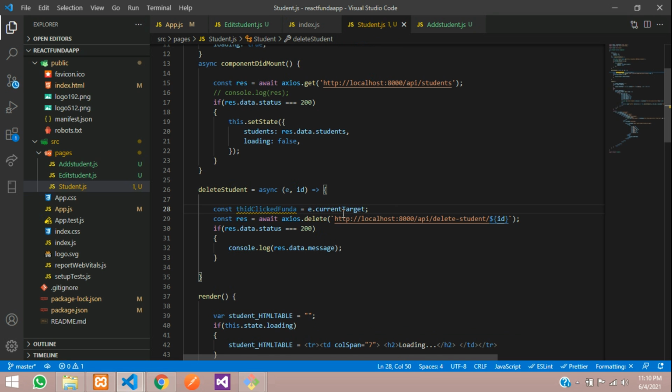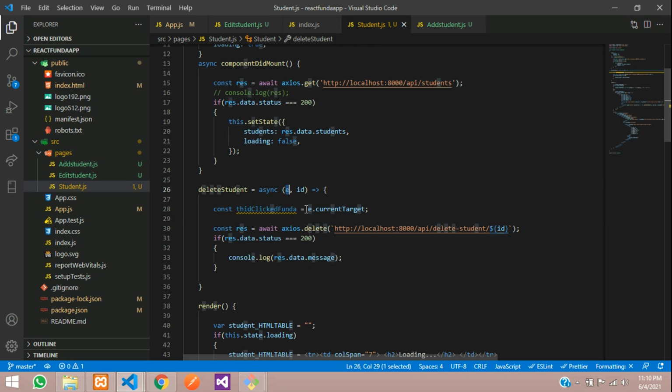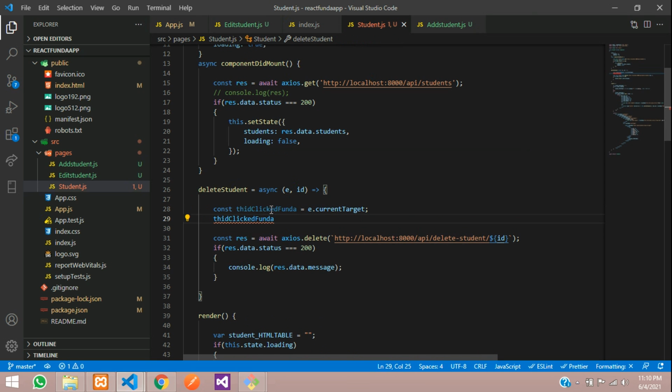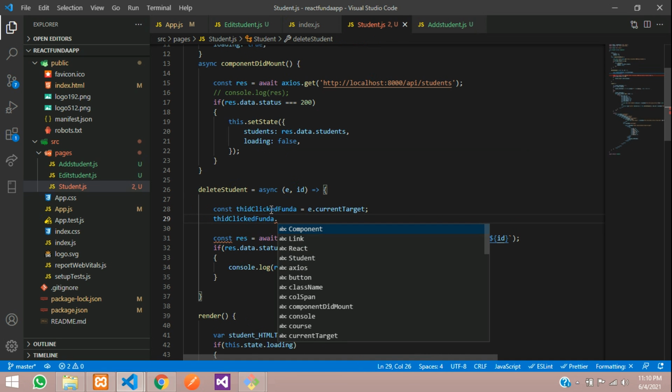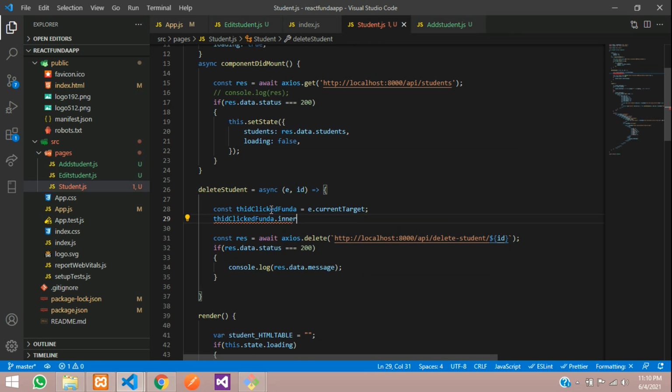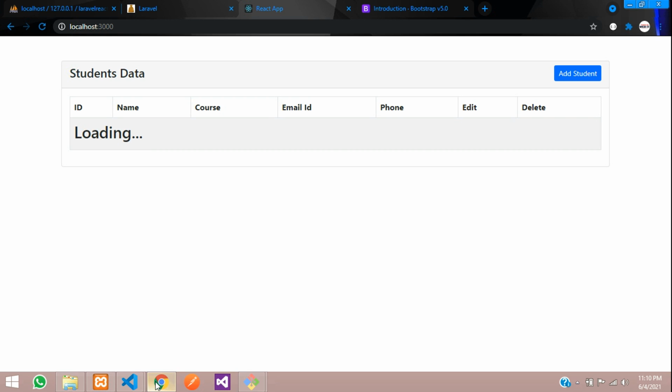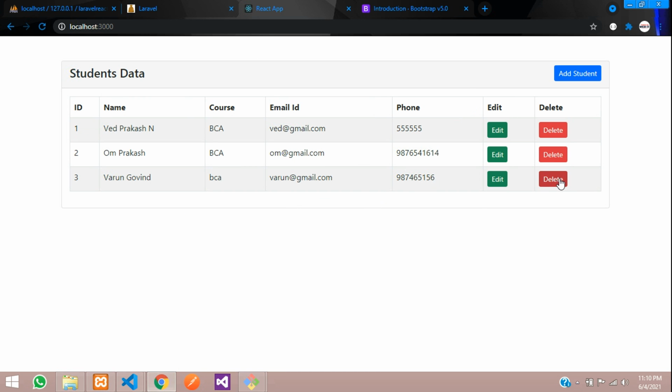Okay, so this event.currentTarget, and with the help of a variable, we'll first fix that innerText is equal to "Deleting". So when you click on this delete button, it's loading. Okay, refresh. When you click on this delete button, it should show "Deleting", and then it should remove